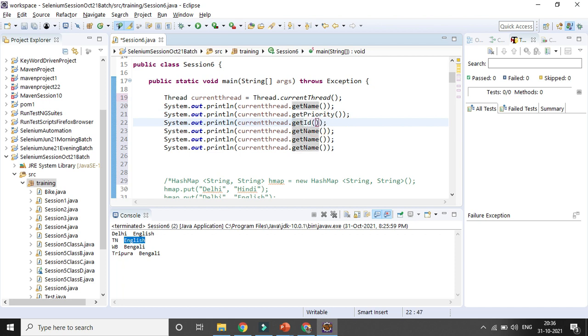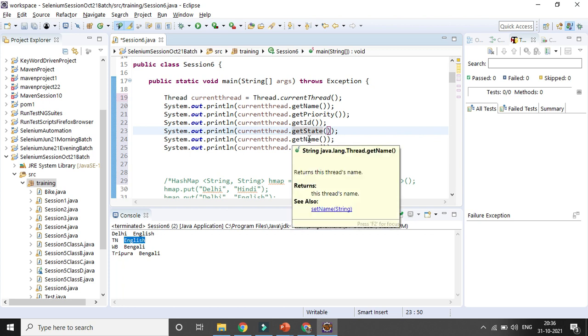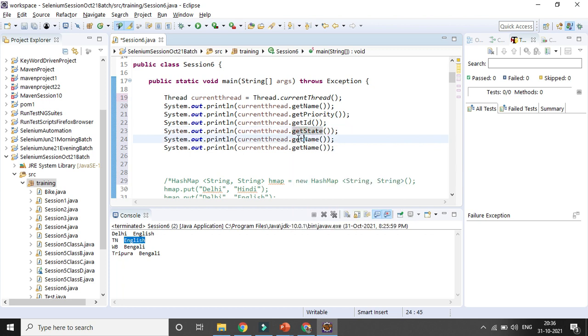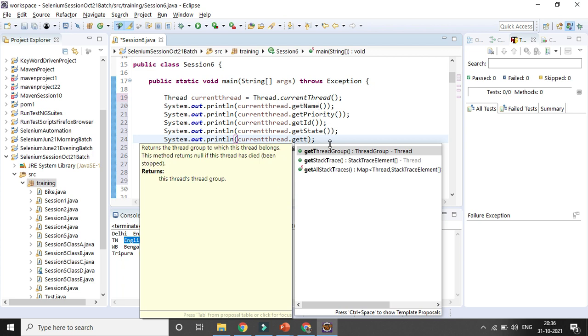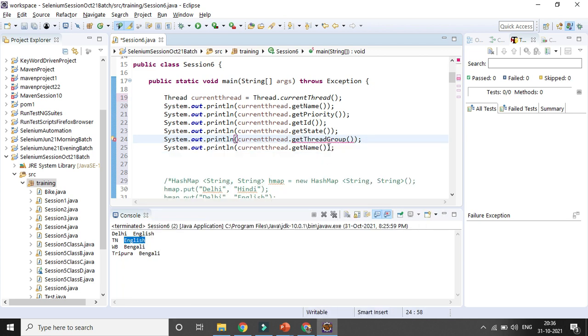I can check the thread group. I can check whether the thread is alive. You can see there are a lot of things: isDaemon, isAlive, isInterrupted. I can check it, right? Let's try to run the code. Let's see what is happening here.